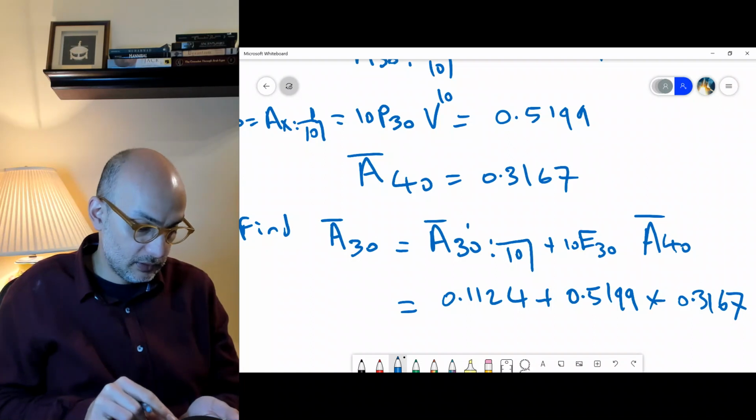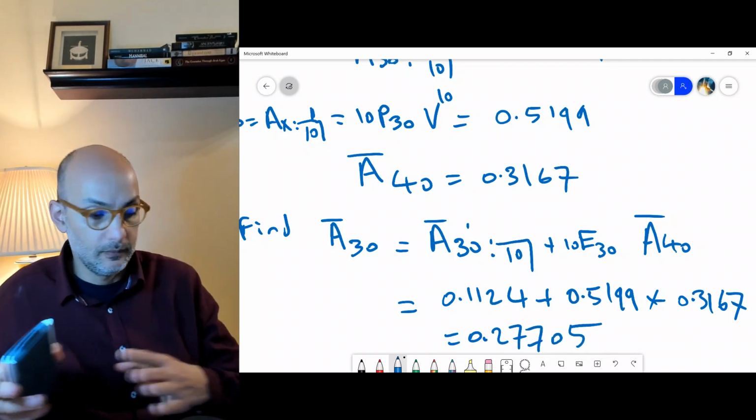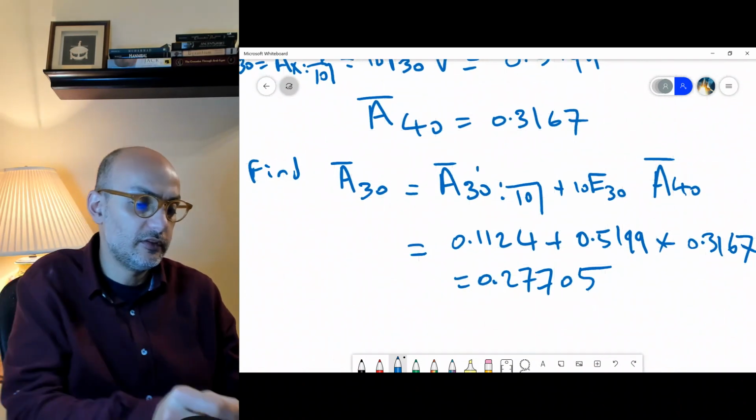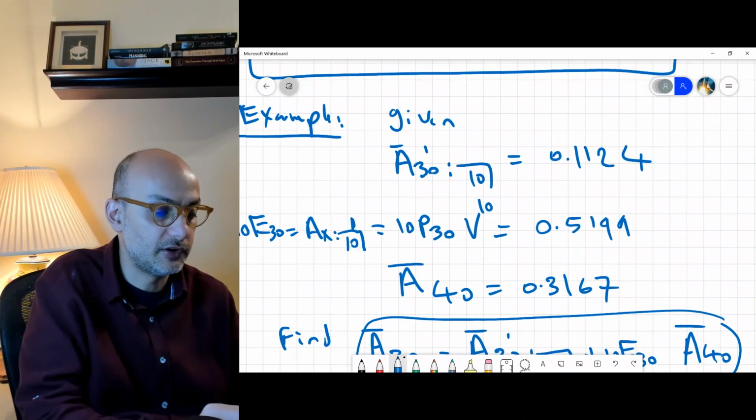4 plus 0.5199 multiplied by 0.3167. We got 0.27705. It's simple. So this relationship, we need to remember it. It's very important, right? Or the more general form is this one,